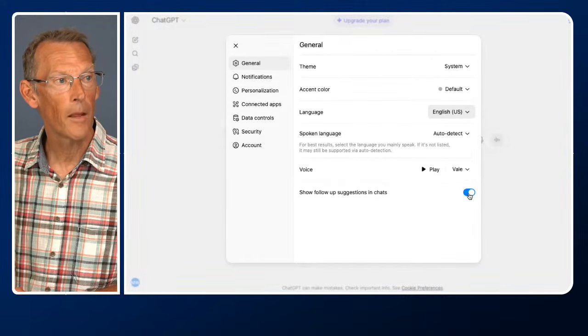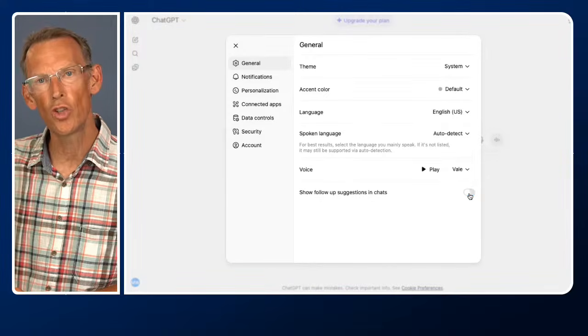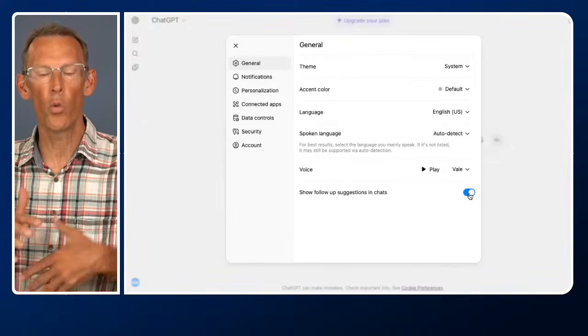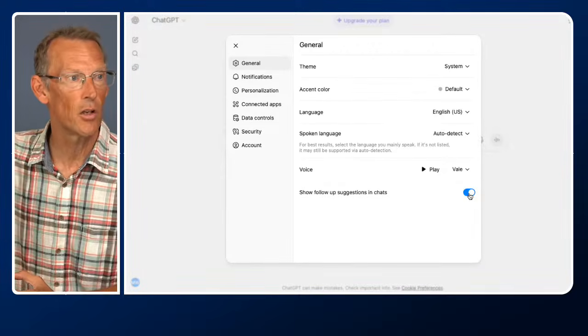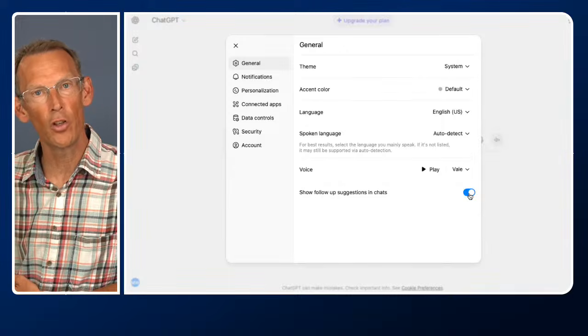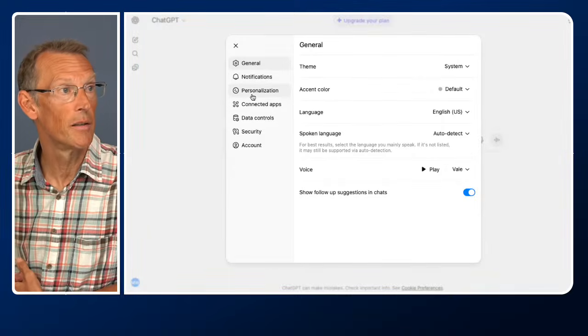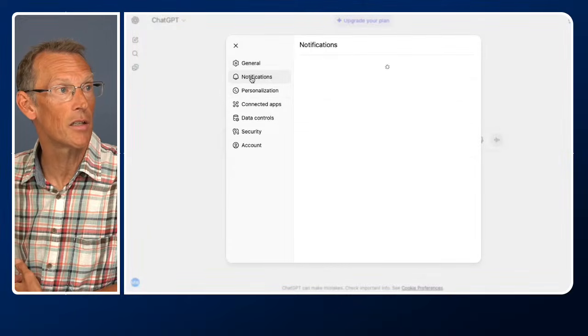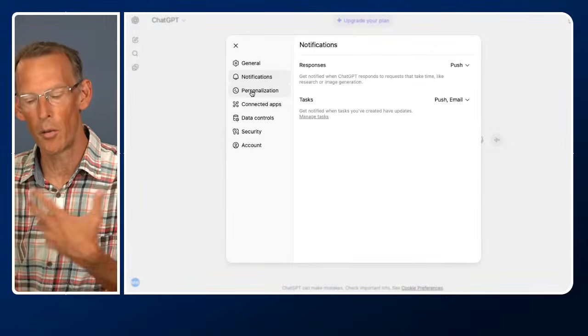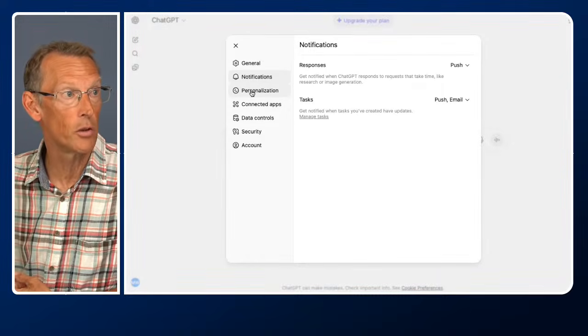This is new. Show follow-up suggestions in chat. If you turn that on, whenever you get a response, it will then give you some suggestions of what you might want it to do next. So if you're a beginner, I would recommend keeping that on. If it becomes annoying, just turn it off in here. So that's the general settings. You can specify notifications if you want to be told when, for example, it's done some research for you.